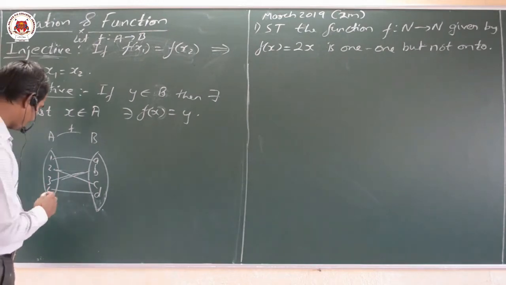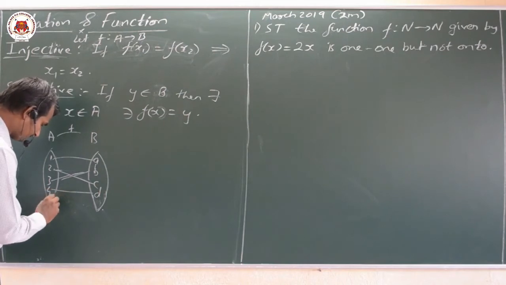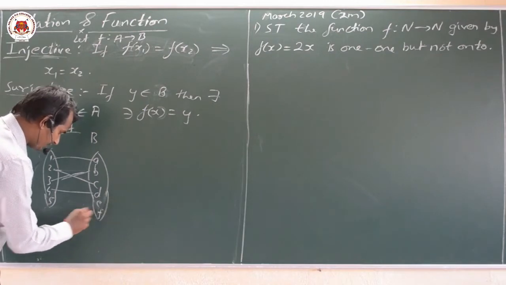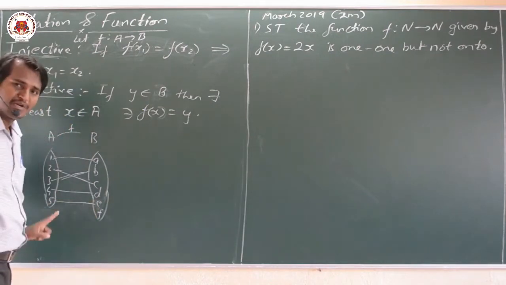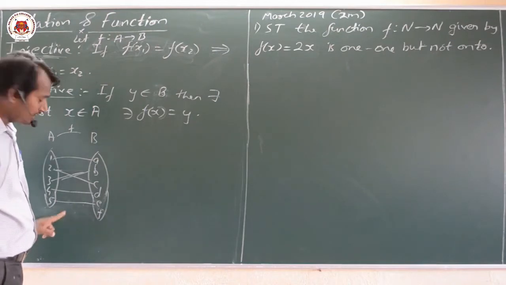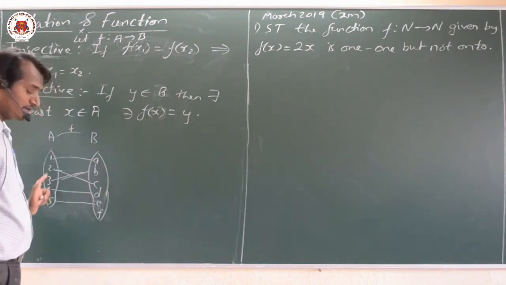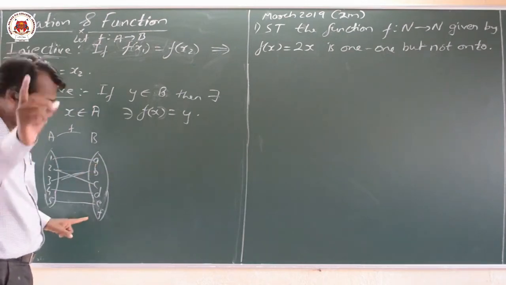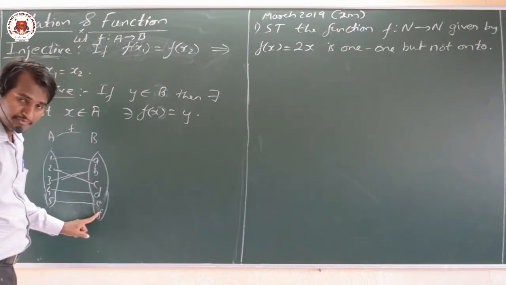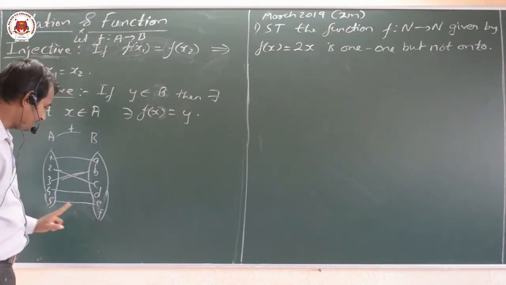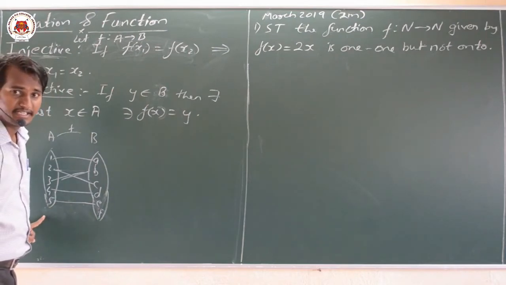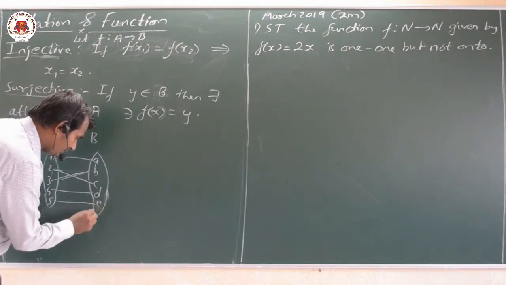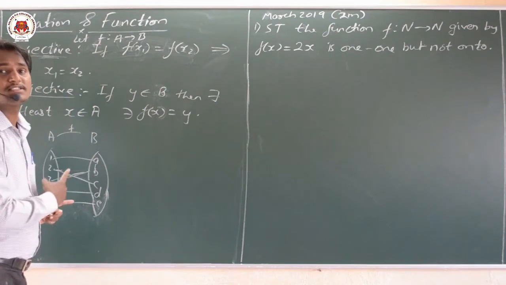Now we may take one more example. For 5 we take, and here d, e, f, we take 5 to e. Here this particular function is a 1-1 function. Why is it 1-1? Different elements of the set A have different images in the set B. But it is not an onto function. Why is it not onto? Because f is an image that doesn't have any mapping from the set A. Therefore it is not onto. Now if I remove this f, we can observe that it is both 1-1 as well as onto.